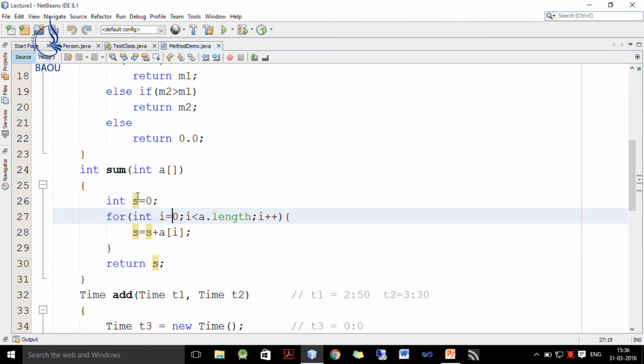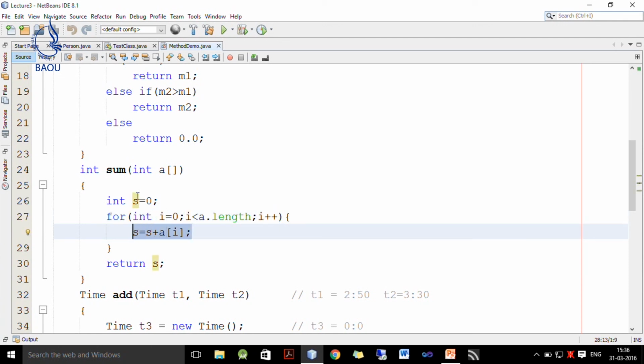Now, we know that array index always starts from 0 and number of elements is represented by a.length. So, I write i is equal to 0, i less than a.length, and every time i is incremented by 1. Now, what I want to do is add all the elements of the array inside s, which is represented by a[i]. So, I write s is equal to s plus a[i].